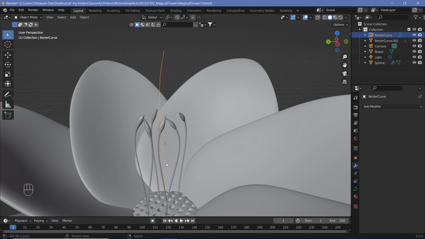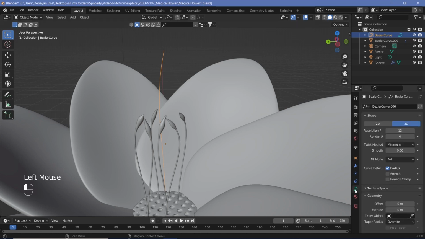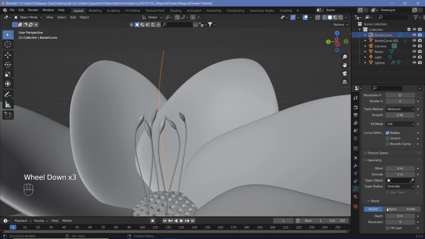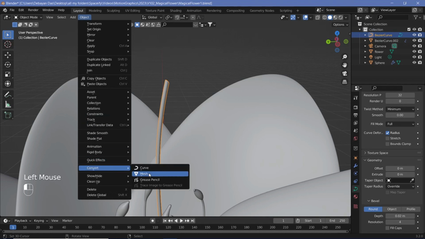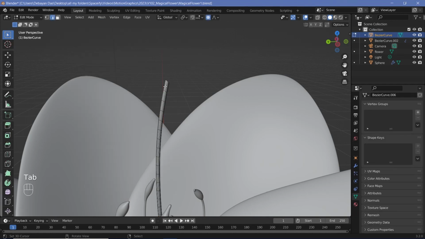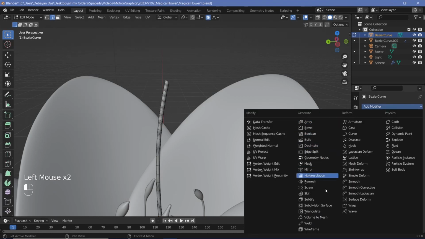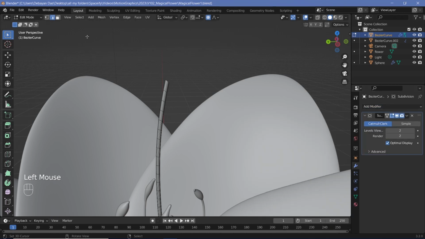So we have to give this all of the materials as well, or the properties as well. So the render preview is going to be 32. We're going to go ahead and give it a bevel depth of 0.02. So it's slightly thicker than our stamen. And for the stigma, we're just going to convert this into a mesh. Press tab, and we're going to go to the modifiers, add in a subdivision surface modifier, increase the levels to 2, and then go to face select, select this top ring of faces, press Alt E, extrude faces along normals,